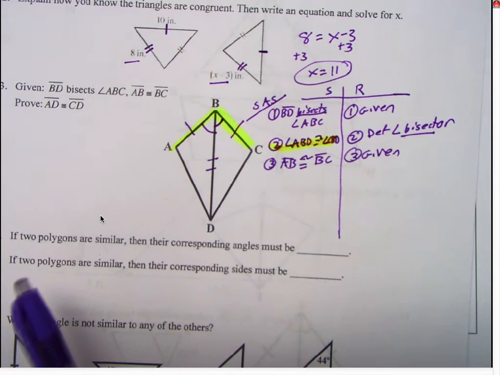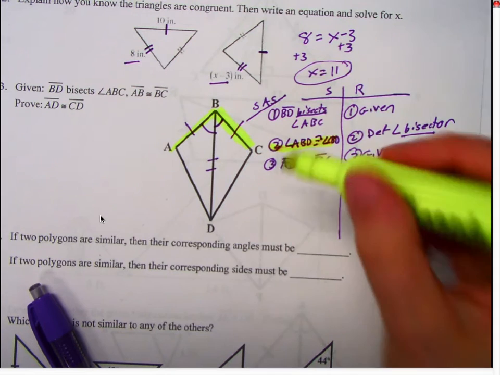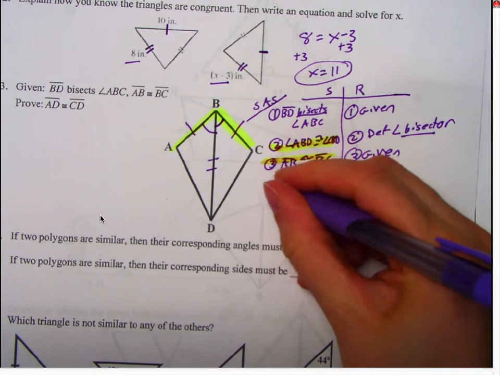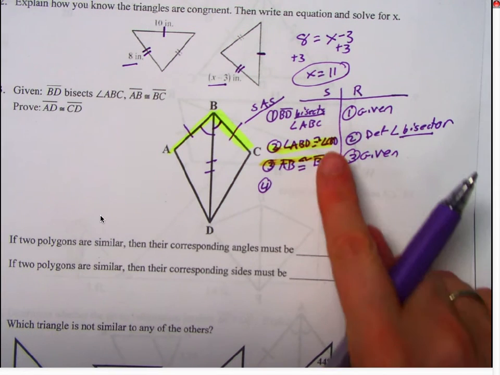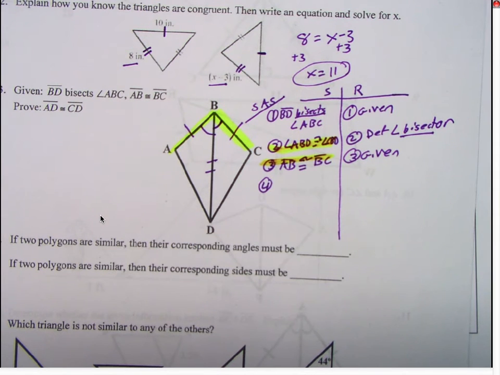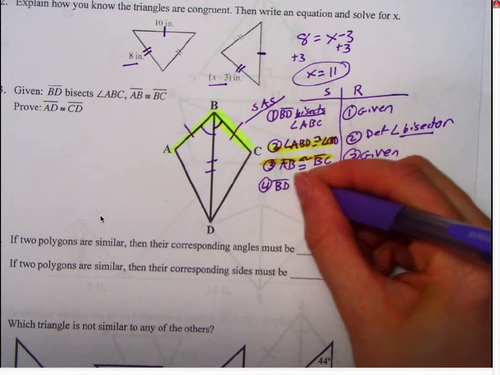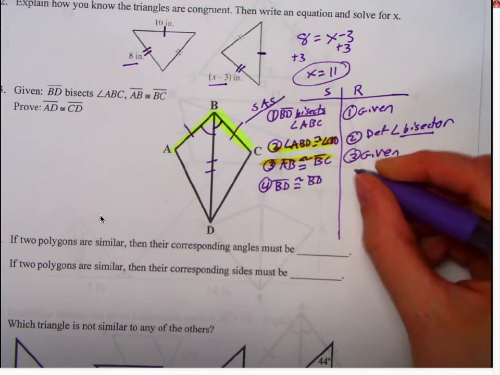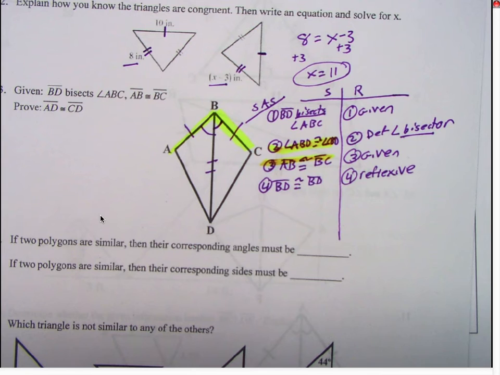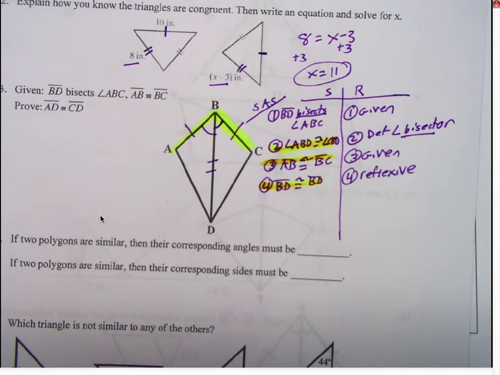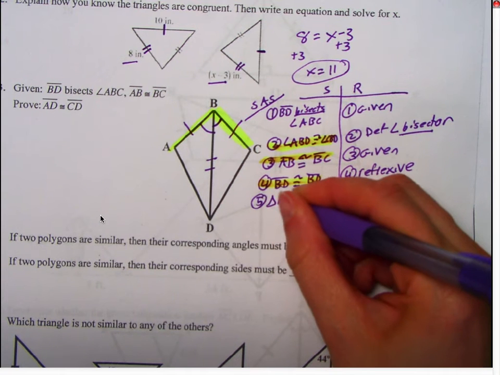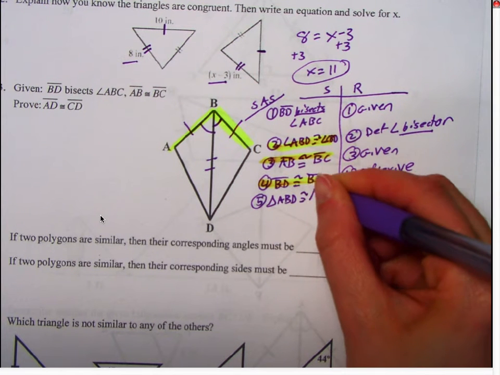Again, this is a given that gives me two things that are congruent to each other, right here. Therefore, I can move on to the next part. So I've run out of givens, so I have to look at my picture because I only have two things that are congruent. In my picture, I've got two things right next to each other. So I can say BD is congruent to BD by reflexive. And again, this is stating something is congruent to each other, so I can move on. Well, I have three things that are congruent to each other, so I can state that triangle ABD is congruent to triangle CBD